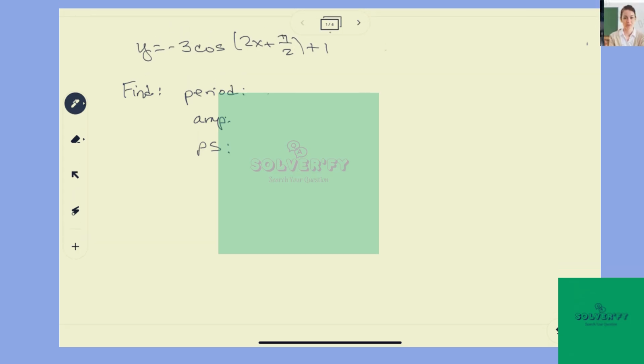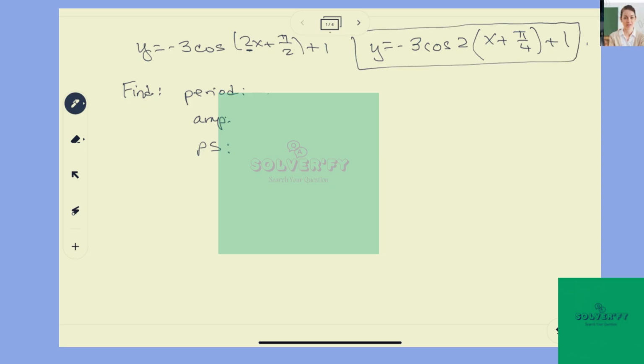I'm given a cosine function, asked to find period, amplitude, and phase shift, and then to graph it. Before I pull out any of that important information, I'm going to rewrite the function. I'm going to factor this 2 out because that's the frequency, and it needs to come out of parentheses before I pull out that important information. Okay? Factoring 2 out means dividing by 2. You might also think about times a half. Sometimes with fractions that can be a little confusing, but this is going to be the function I'm using